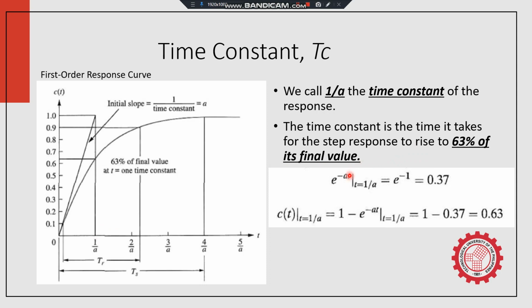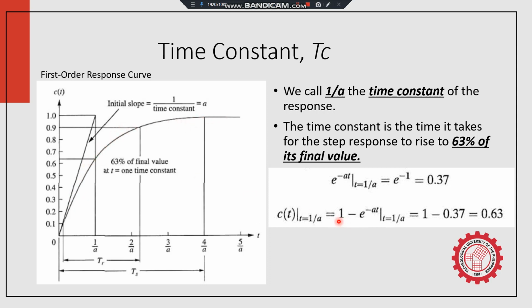If we're going to substitute the value of the time, which is 1 over a, to this exponential equation e raised to negative at, so a times 1 over a will be equal to e raised to negative 1, and that is a constant that will give us 0.37. And since our function c(t), take note, the time response equation c(t) represents this graph,